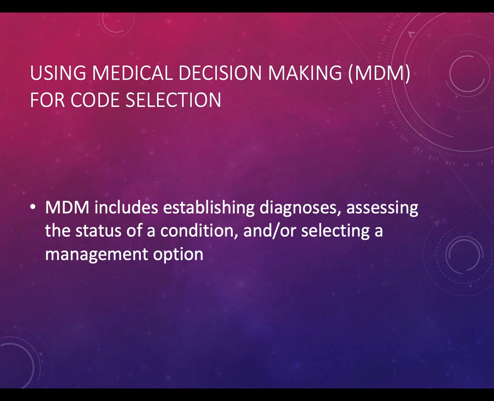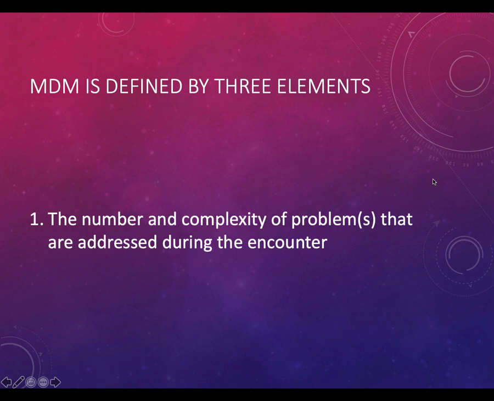Similar to legacy medical decision-making, still in use for other E&M codes, medical decision-making for 2021 office and other outpatient codes is establishing diagnoses, assessing conditions, and/or selecting management options. Medical decision-making includes 3 elements: problems, data, and risk. Legacy number of diagnoses and management options is now number and complexity of problems, which is actually what has been used all along to measure this element. Remember problem points?